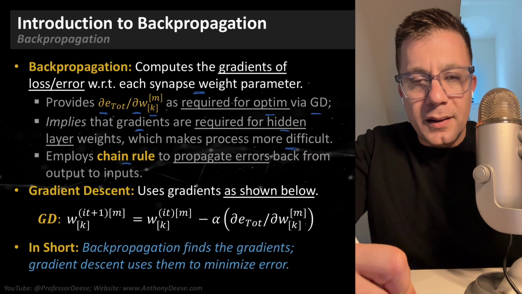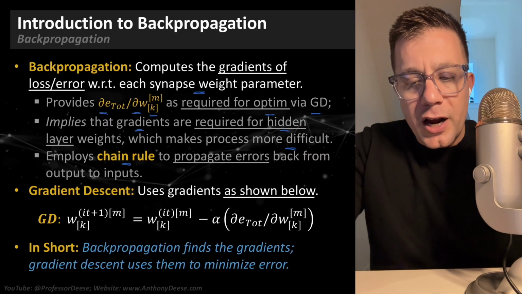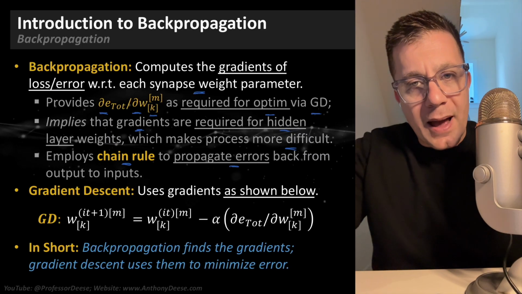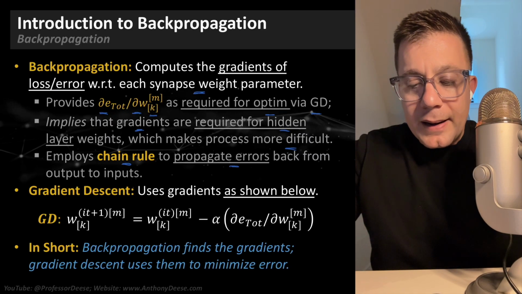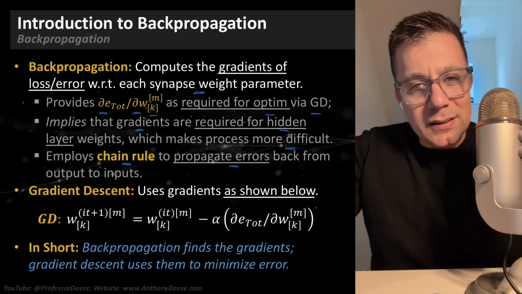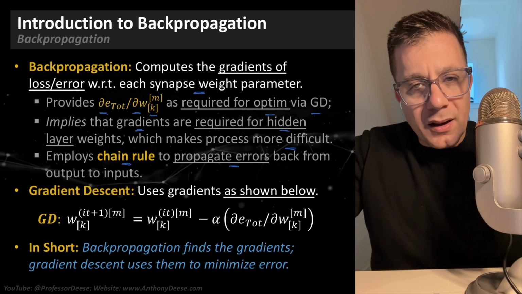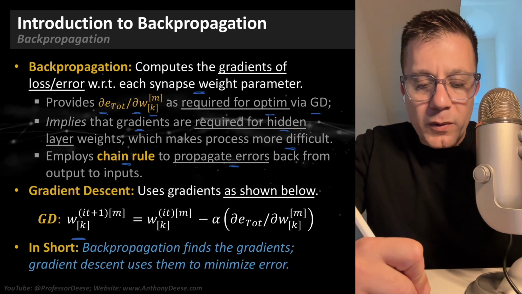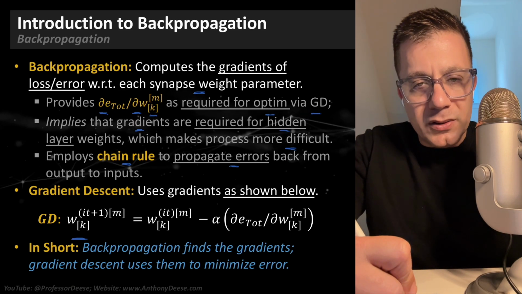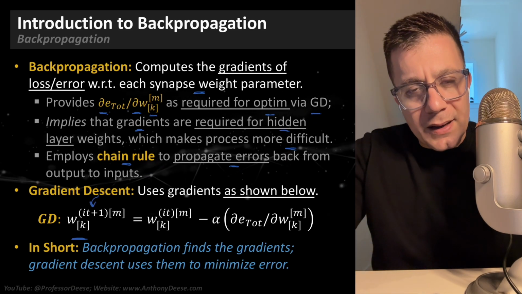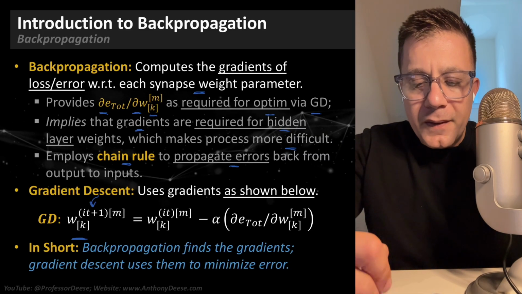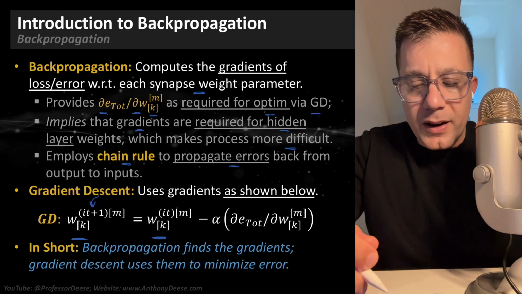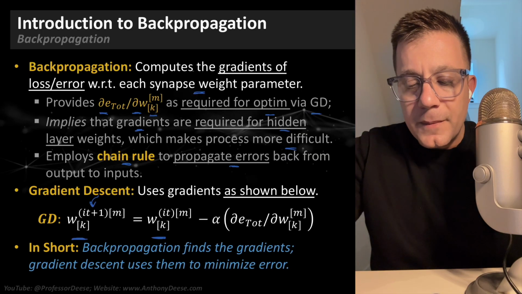Backpropagation employs the chain rule, the differentiation chain rule, to propagate errors back from the output to the input layer. Gradient descent is something that we've already discussed at length, so I'm just going to show the basic update expression. Applying it to the synapse weights, we see here the synapse weight between nodes K and M for the next iteration, it plus 1, and that's generated from the previous iteration's corresponding synapse weight minus